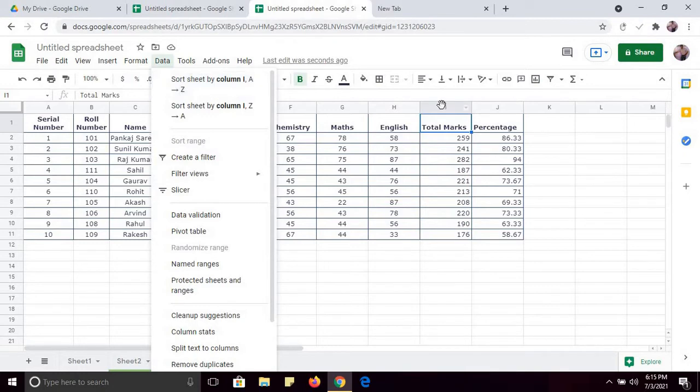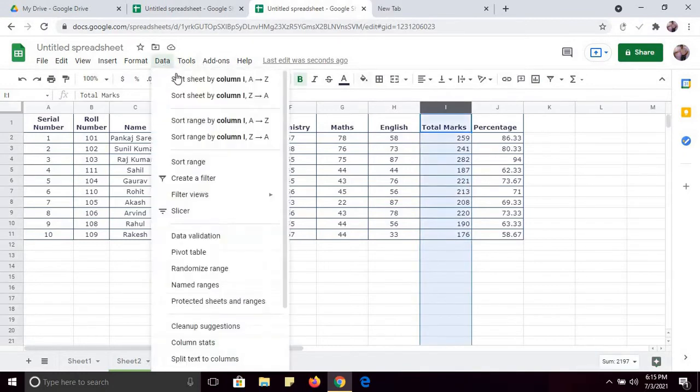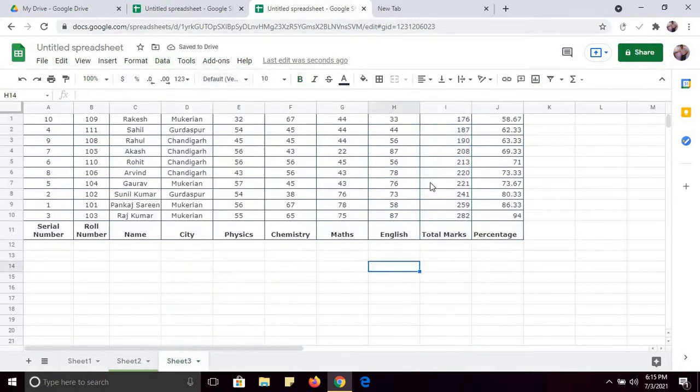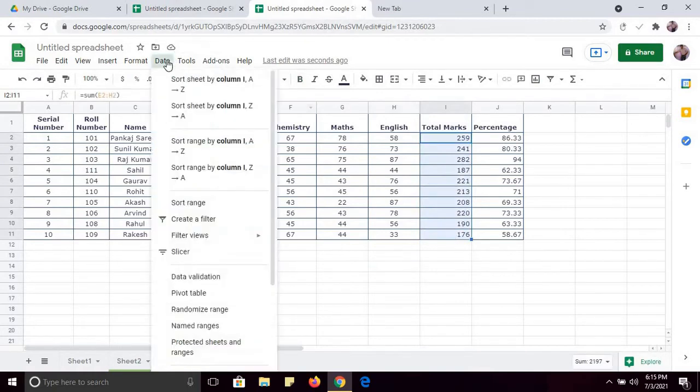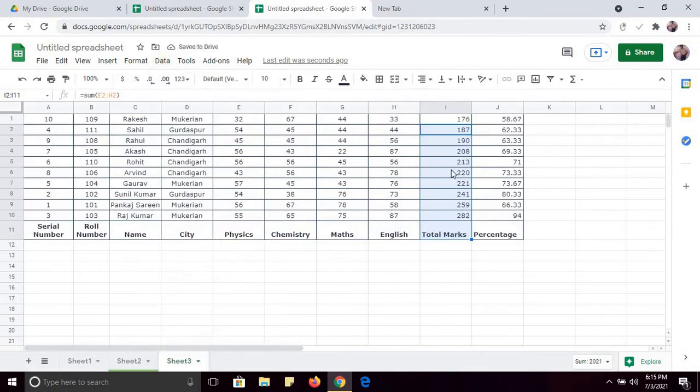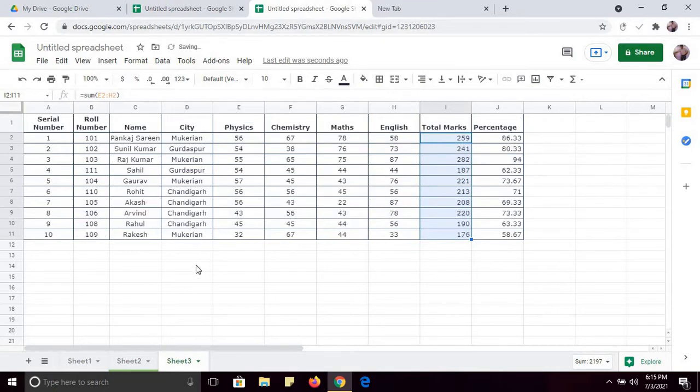I have selected column I, so it is showing me Sort sheet by column I, A to Z. Okay, so just click here, you can apply, and then go to Data and then Sort sheet by column. Okay, so see all the marks are in ascending order. Fine. So very simple to apply the sort function.